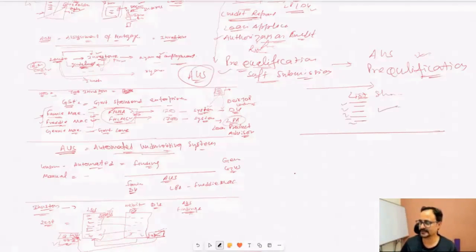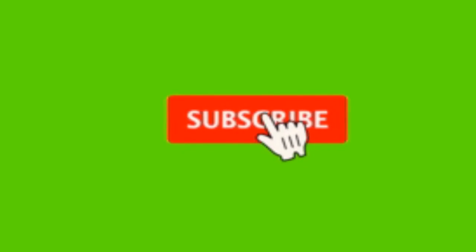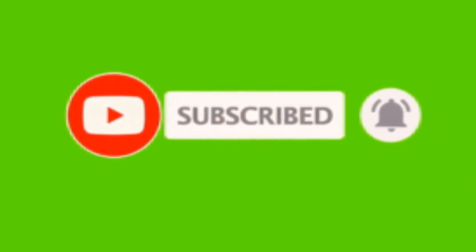As soon as I send this pre-qualification letter and the list of documents I require, my origination work comes to an end. Once they upload the documents, as an originator our work is done here. Now the file moves to the next section, and that is called processing. This is how origination comes to an end. Life of the loan starts with origination,